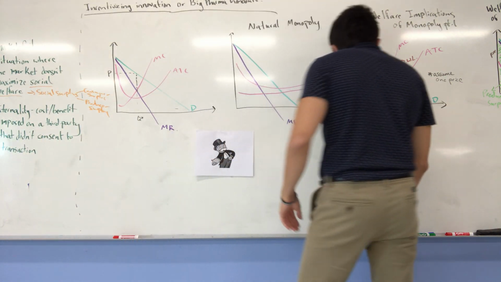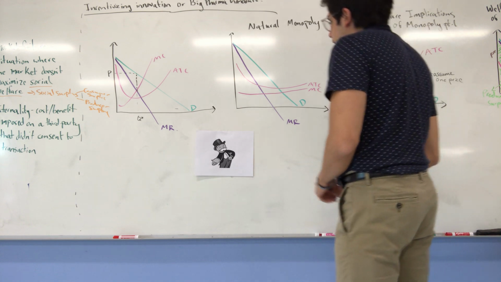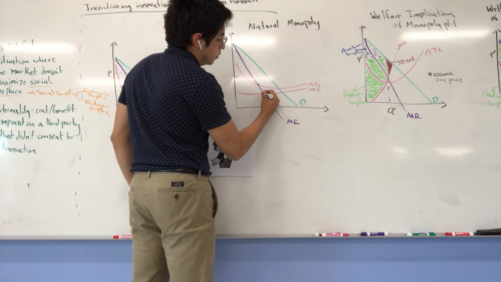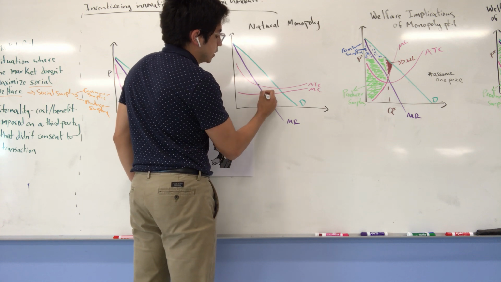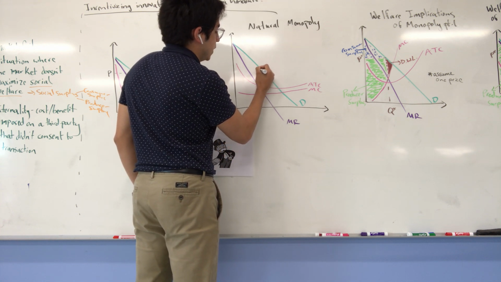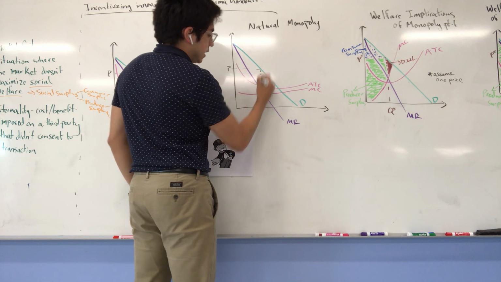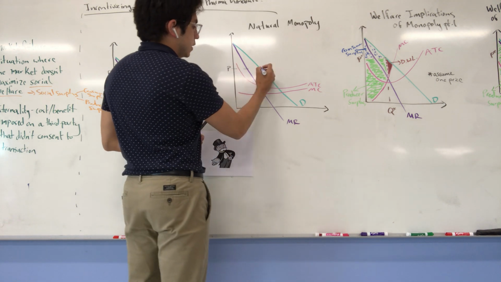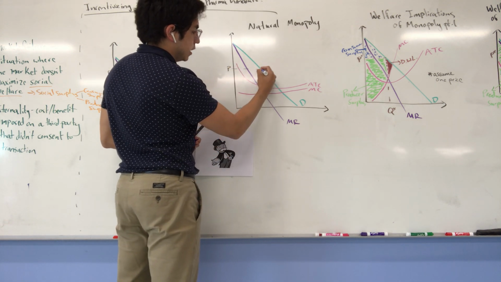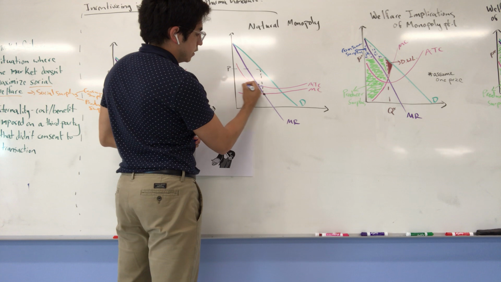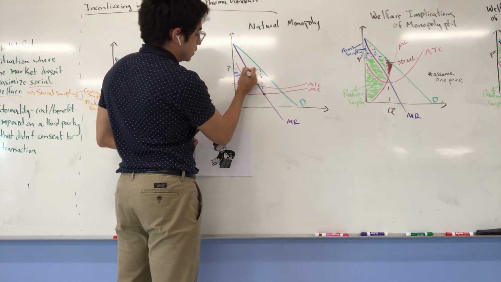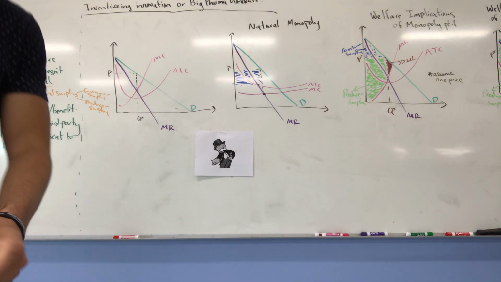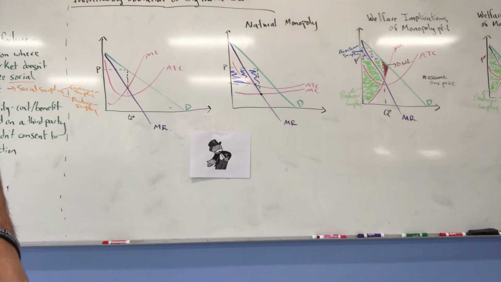We can think about the profits associated with natural monopolies. The same profit maximizing rule holds. Marginal cost and marginal revenue go up to the demand curve and across, and that's the price. And then the profit is this shaded area all the way down to the ATC curve and across, and the profits are right here. But I don't want to get into natural monopolies too much because that doesn't really help us tell the tale of